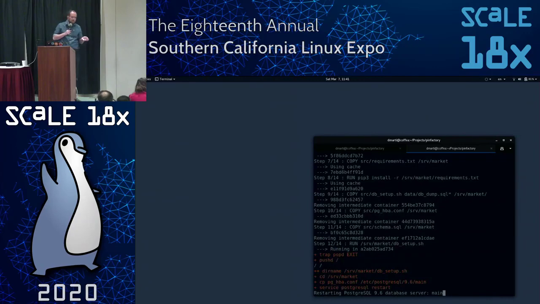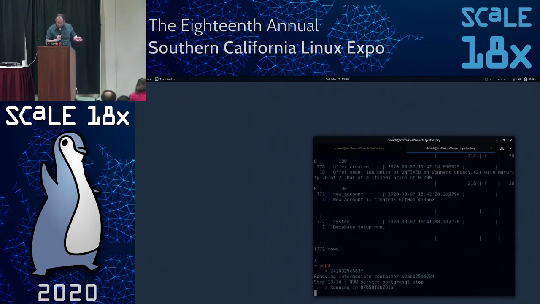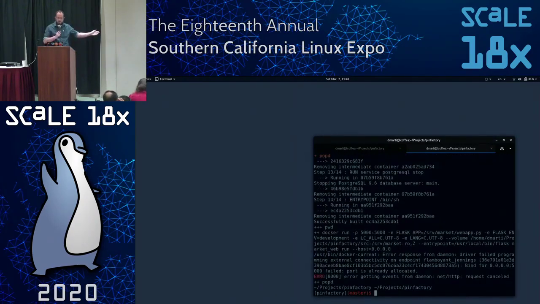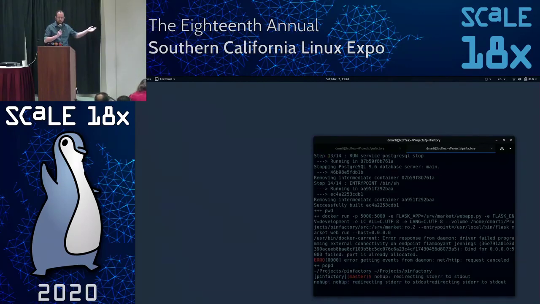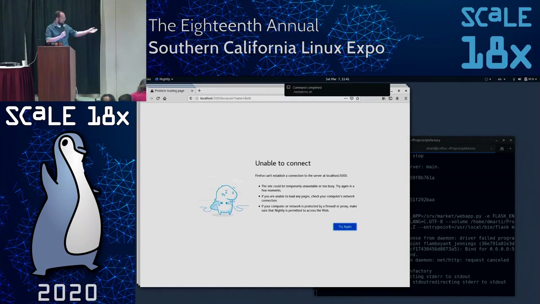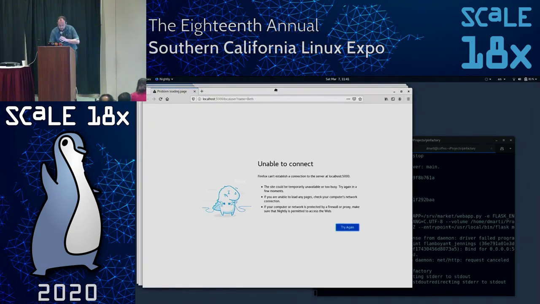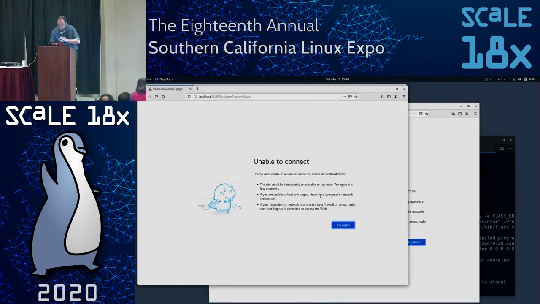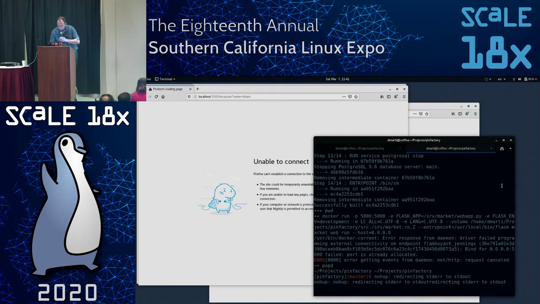Okay, so what I'm doing is I'm launching, in this case, a Docker container with the application running in it, and I'm launching 3 separate Firefox profiles for 3 separate local users. Hold on, do I have another copy running? Let me just kill something.